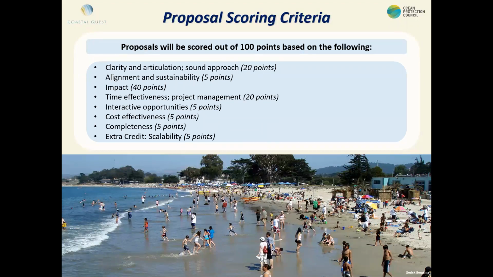So the proposal scoring criteria is fairly simple, in the sense that we've mapped out points and some categories, and we've explained those in the proposal, and then you'll see questions that match to those sections in the proposal for applicants to respond to. And we've broken it down into a few different categories. It's going to be out of 100 points, and we're asking for a big chunk of points going to the first item, which is clarity and articulation of the approach.